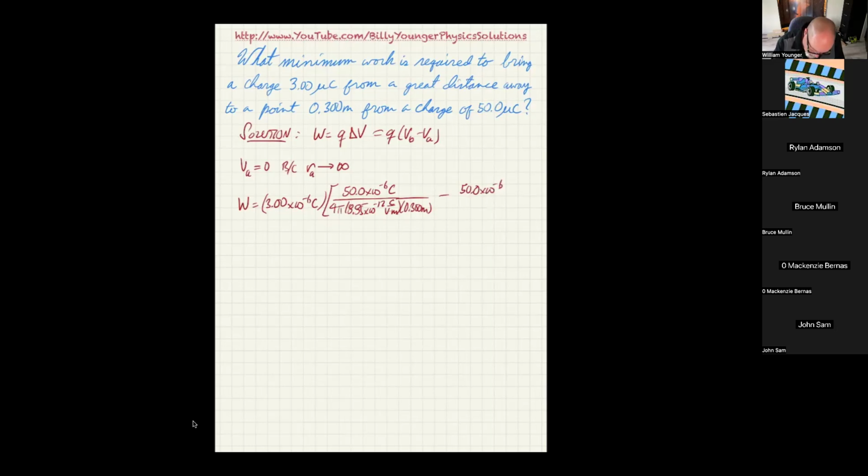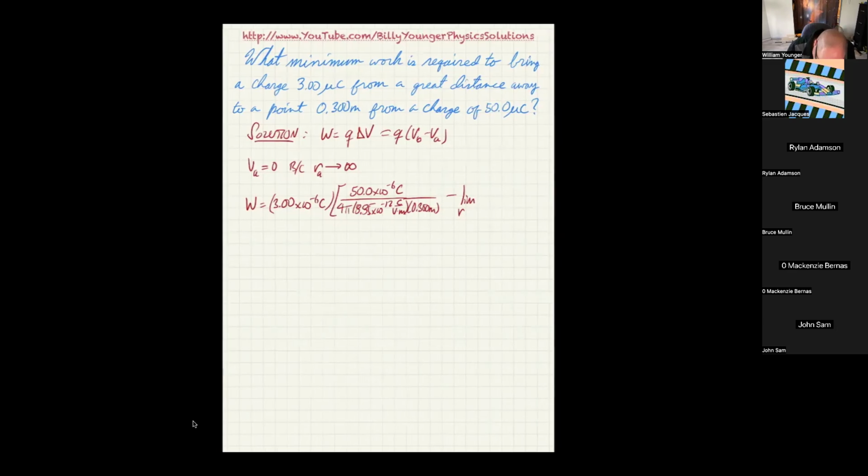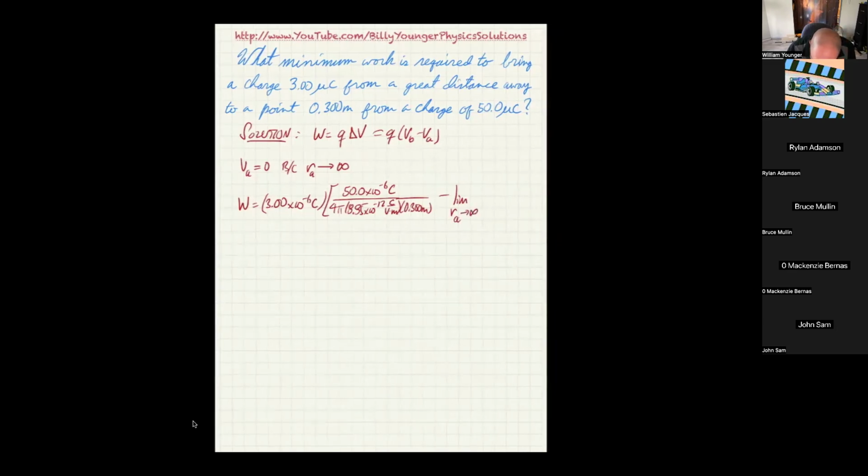But in this case, actually, let me write it a little more clearly. I'm going to say I have to take the limit as RB, or excuse me, as RA, approaches infinity, of 50.0 times 10 to the negative 6 coulombs over 4 pi epsilon naught times RA. And you can see that basically this quantity is going to 0, so that now I can calculate that the answer is